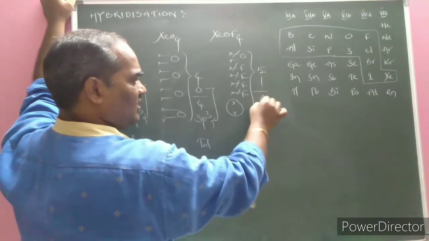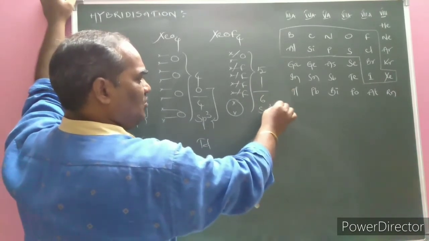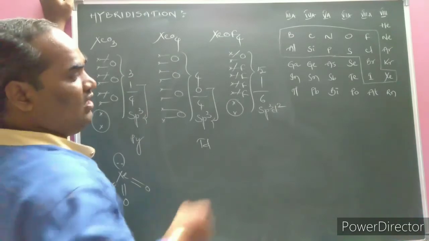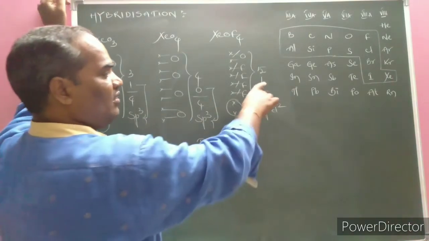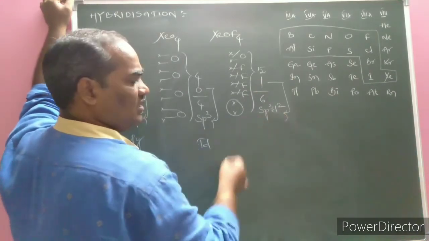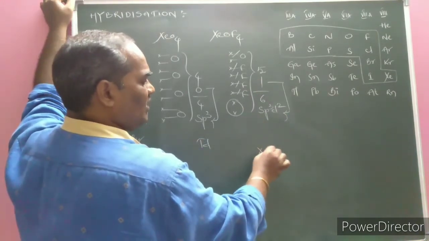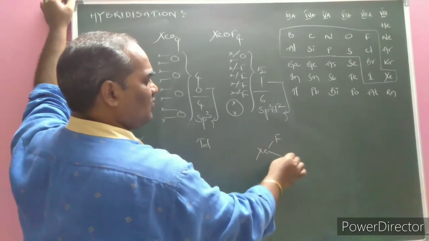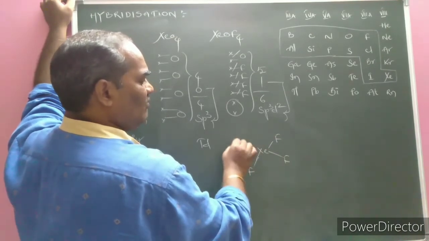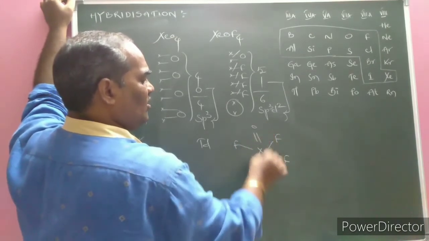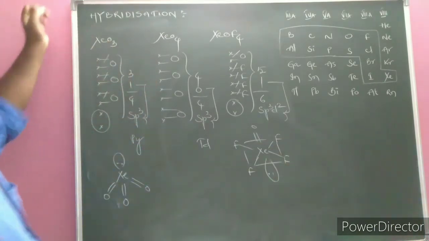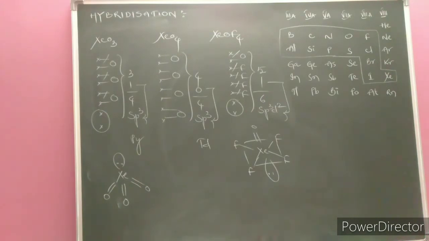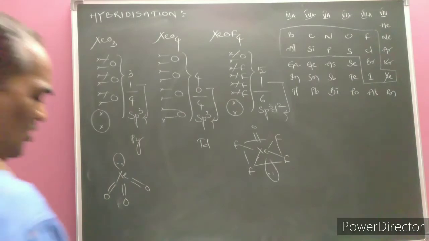As a result, what? 6. sp3d2 hybridization due to 6. There is no lone pair of electrons, what we call octahedron or square bipyramidal, but when 1 lone pair of electrons is present, hence we call it square pyramidal. The 4 fluorines, 1 double bonded oxygen, and another is a lone pair of electrons, presented like this. Like this we calculate the hybridization of any molecule under our observation.